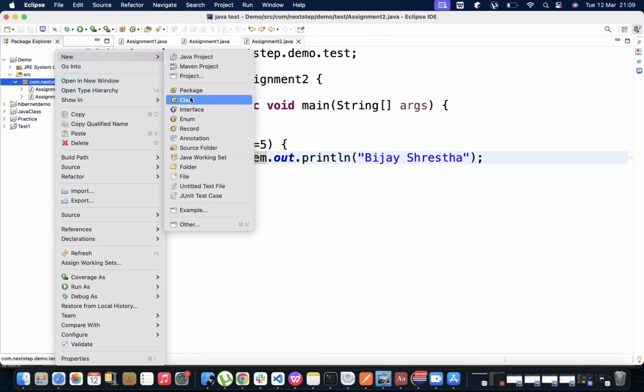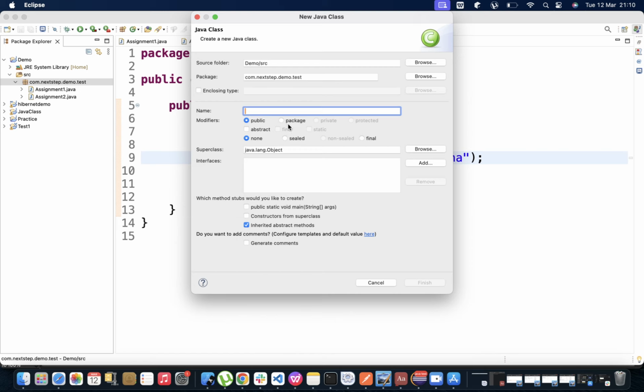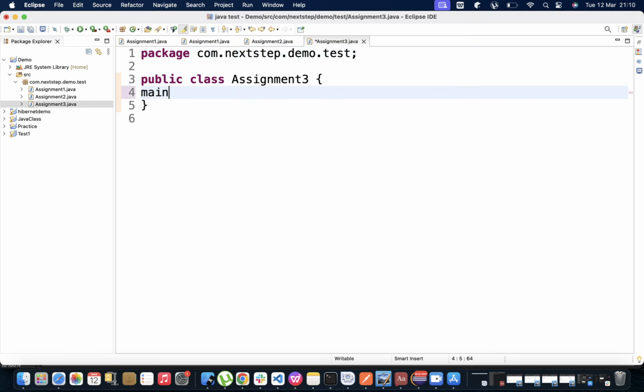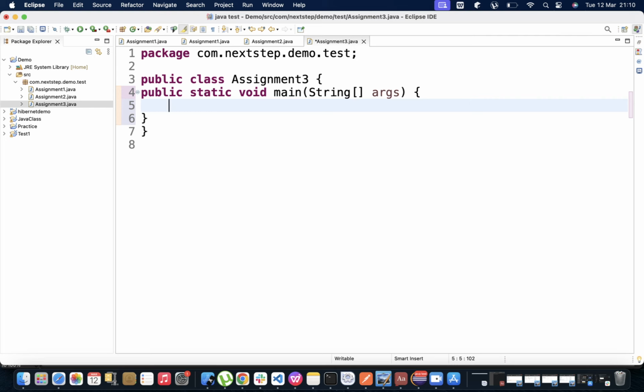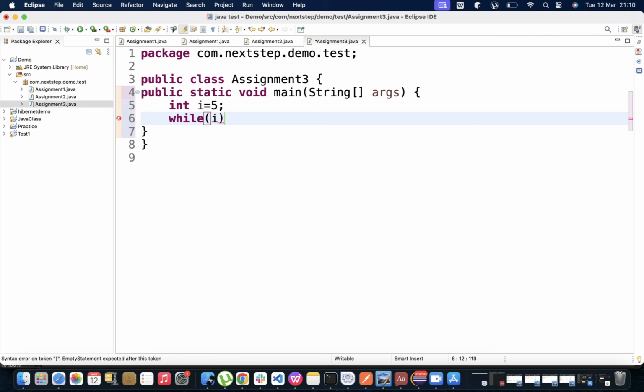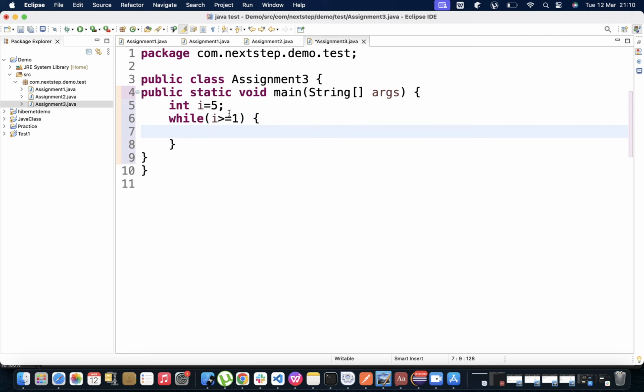म इक्जाम्पल गर्छु, do while लुपको। सो I write here, Assignment 3, okay, main method, so do। सो फर्स्ट अफ अल म चाहिँ भ्यालु एउटा इनिसियलाइज गर्छु, आईको भ्यालु चाहिँ अब मैले अघि 5 राखेको थिएँ। सो त्यस्तै गरी while कन्डिसन लगाउँछु, i is greater than equals to 1। होइन, अब less than लेख्यो भने त हाम्रो कन्डिसन मिल्दैन र लुप एक्जिक्युट पनि हुँदैन। कसरी भन्दा त आईको भ्यालु 5 हो, 5 is less than 1 हो त? होइन नि। 1 is equals to 5, is equals to 1 पनि होइन।